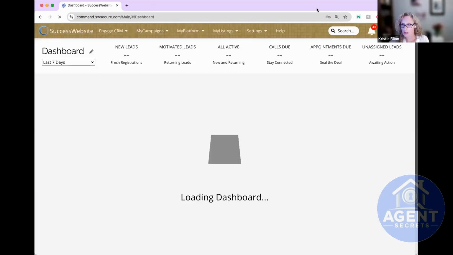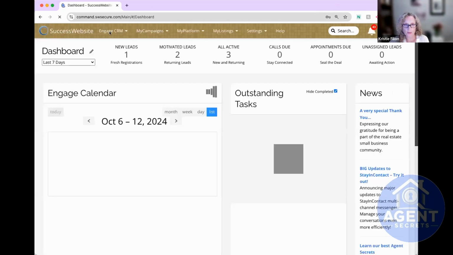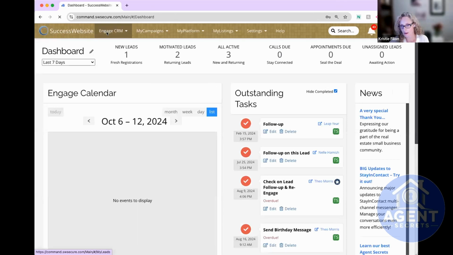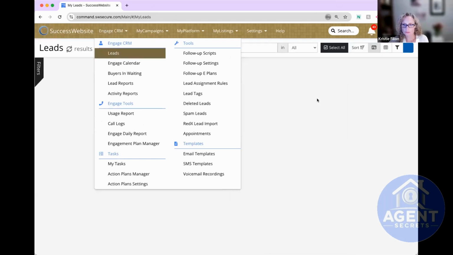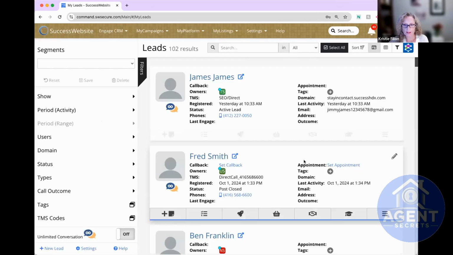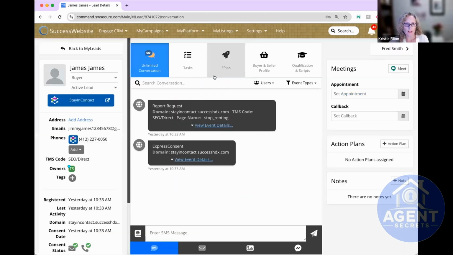All right, so here we are in the dashboard, and the section that I'm going to take a look at is here in the CRM. So if you go to your Engage CRM dropdown, and let's start with the leads, I'll show you where you can go ahead and add things like the birthday and the anniversary date.